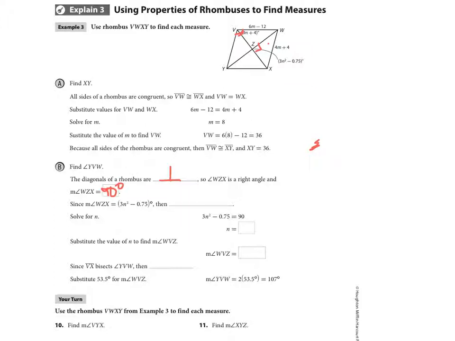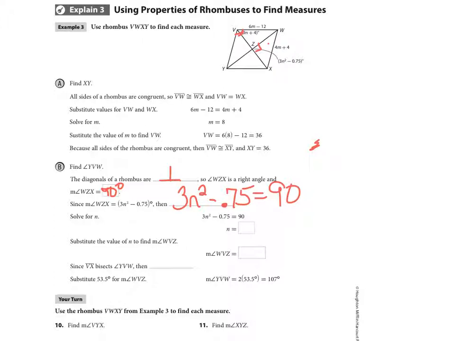And since the measure of WZX equals 3n squared minus 0.75, then we know that we can set that equal to 90 degrees. And we can solve it